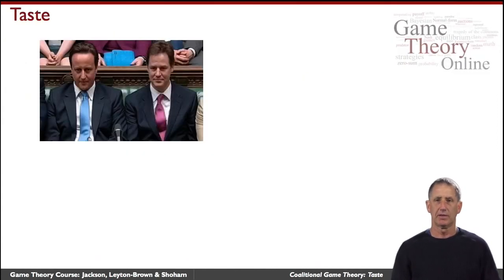You may recognize these two fine-looking gentlemen. The person on the left is David Cameron, Prime Minister of Britain, and to his right, as we look at it, his left, as they sit, is Nicholas Clegg, his coalition partner. Now, here are two political rivals who nonetheless come together, and presumably there's a reason. There's something they can accomplish together that they cannot accomplish alone. In particular, in this case, commanding a majority in the parliament. And so that's a classical example where a coalition forms.